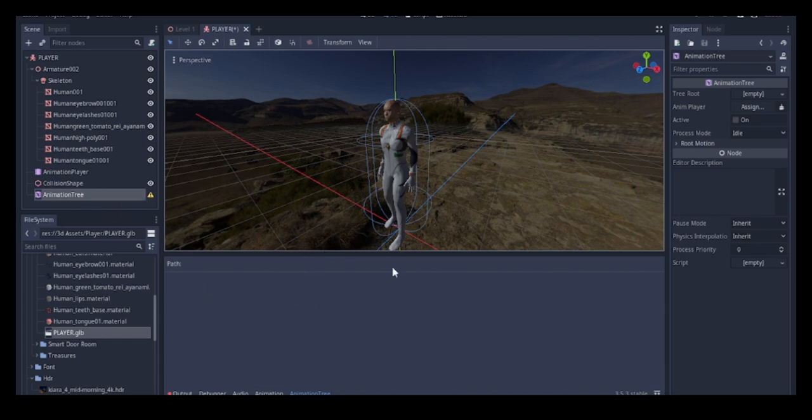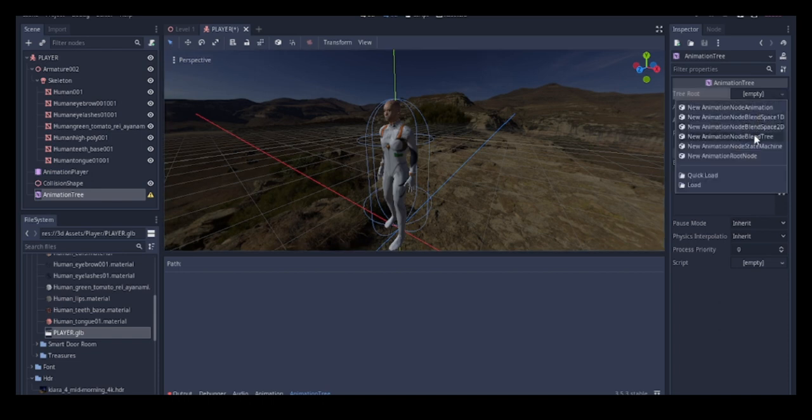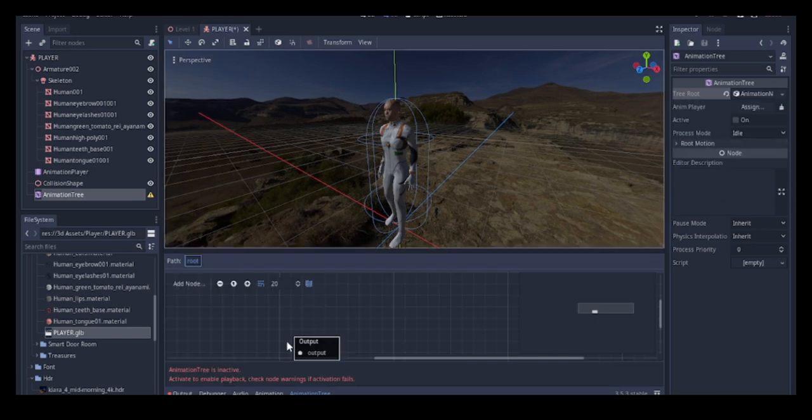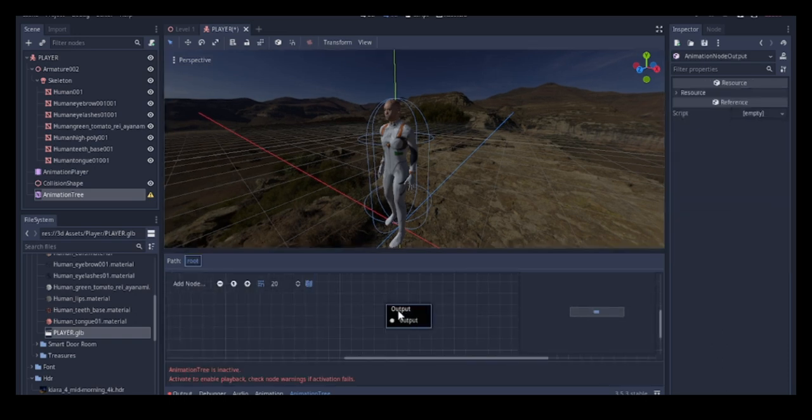So we have the animation player here. If you click on that, go to the inspector here and click over there, and go down to your animation node blend tree. When you turn that on, it comes with just an output, so you have to tell it that you want animation. So I'm just going to get the animation. So I have my animation here,